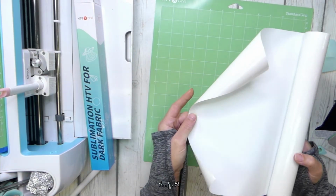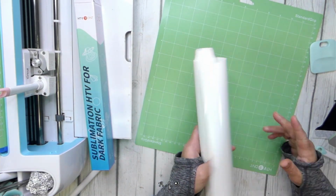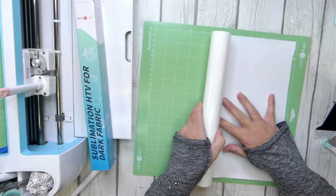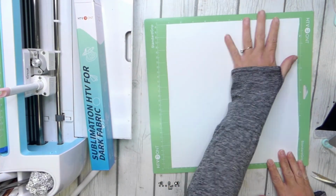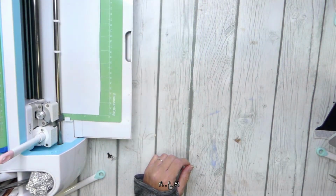So I have my Sublimation HTV for dark fabric here. It comes in a roll. It includes the carrier sheet, so you do not need an extra carrier sheet or transfer paper. The carrier side is the glossy side, and the vinyl side should be the inside of the roll. It's the dull side. So we're just going to go ahead and add this to our mat and get it